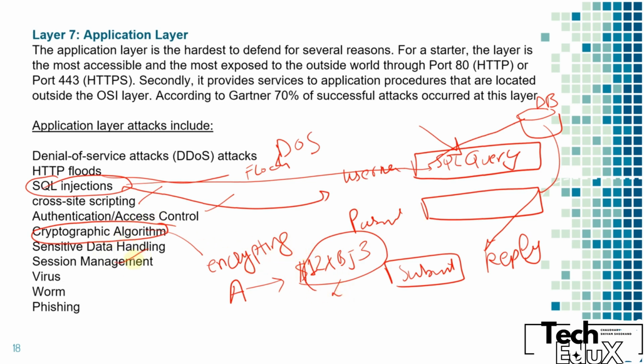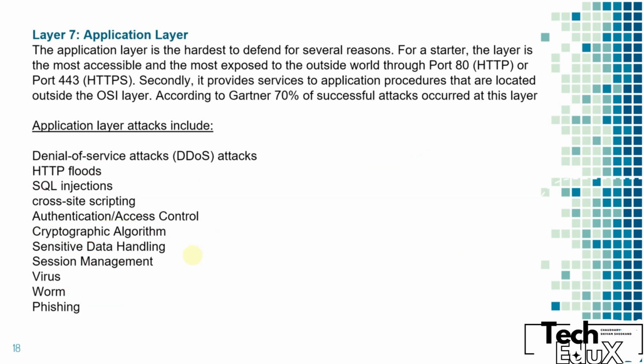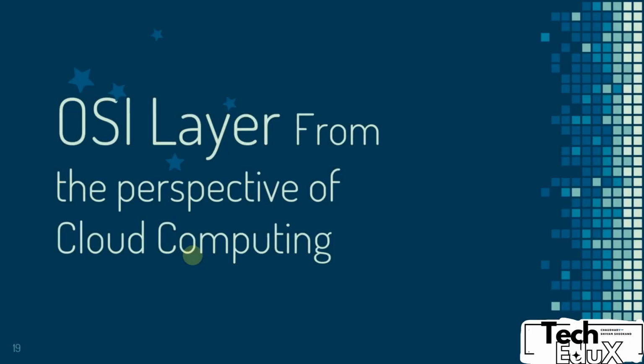Then we have session management. We have some kinds of viruses that happen at the application layer. We have worms, trojans, and phishing attacks. These all happen at the application layer. So I hope you got a very good understanding of network attacks. So OSI layers from the perspective of cloud computing, I'm going to stop this video over here, and I will join you in